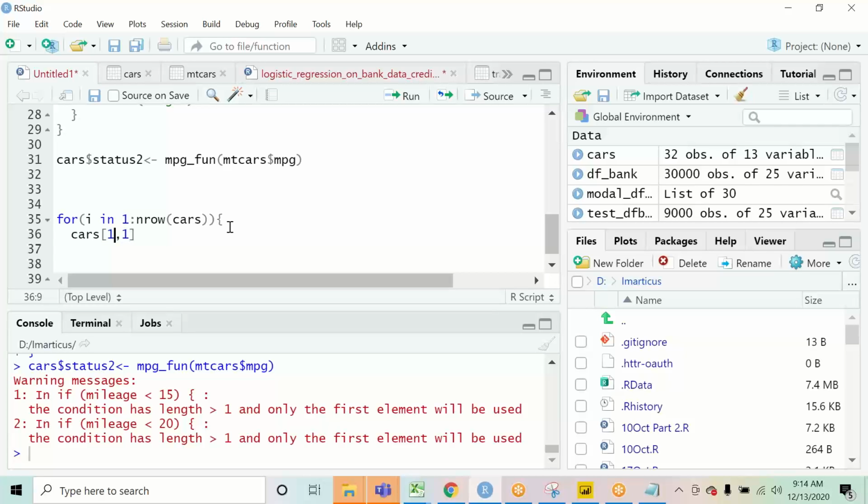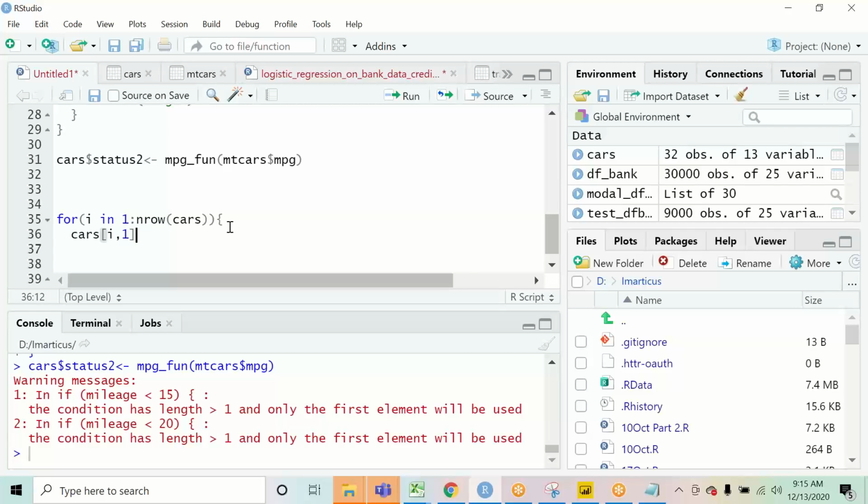So what should I put over here? I should be putting I over here, because the first time the loop works, it will be row 1 column 1, second time row 2 column 1, next time row 3.